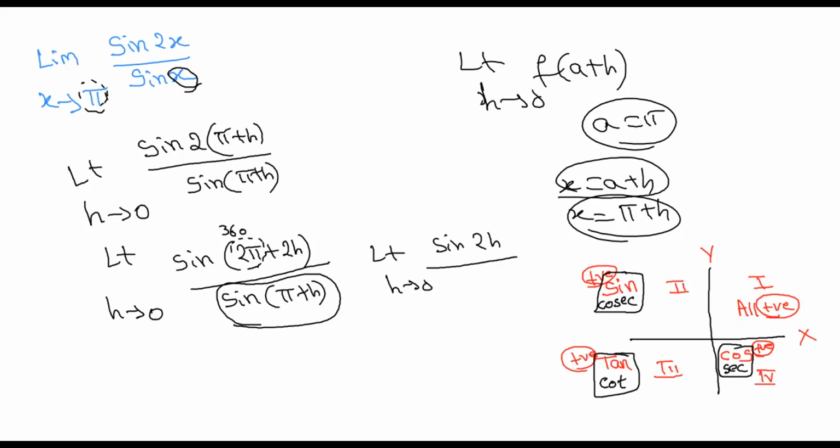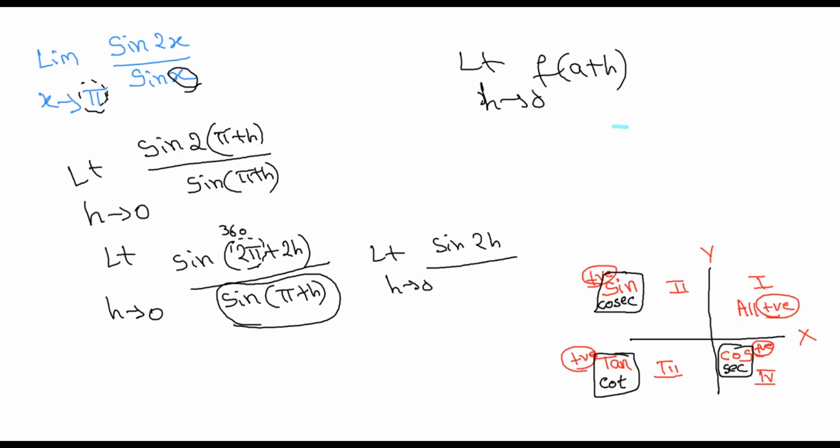Cos in the second quadrant is negative because only sine and cosecant are positive there. Everything else is negative. How do you know whether it is in the second quadrant or not?